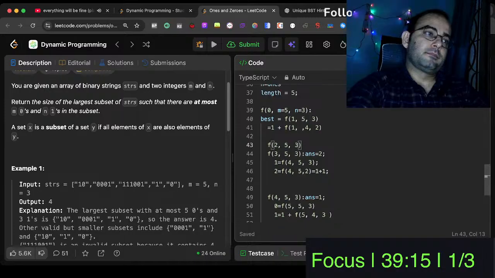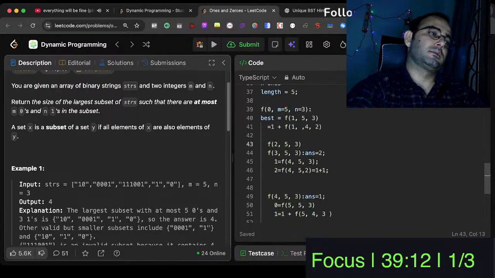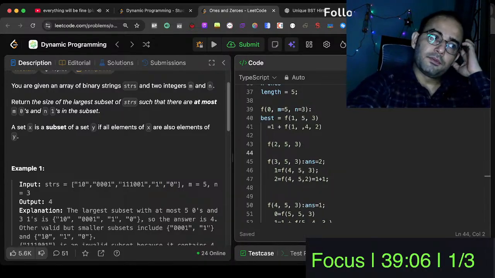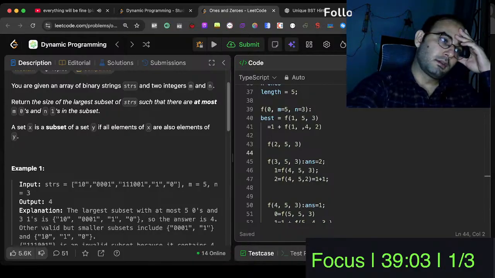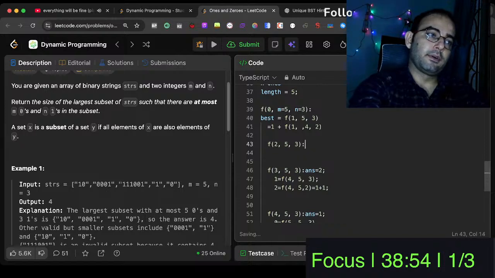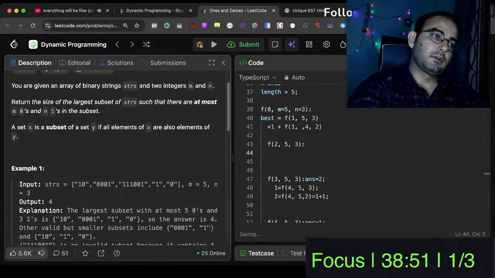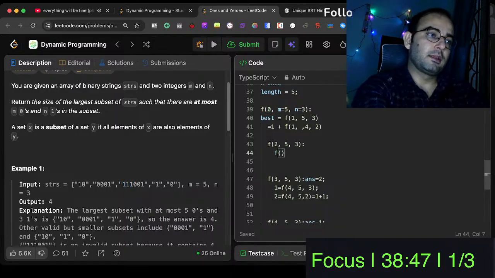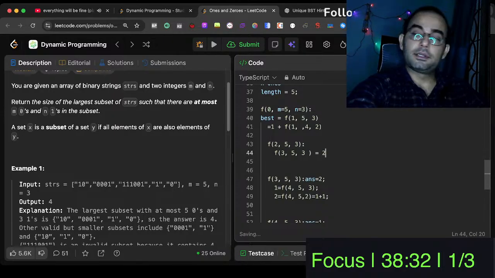So at index 2 we can follow the same approach. If I take this one, then I will fix. If I skip this one, then it will be f of 3, 5 and 3. The answer we got for this was 2. But if I take this one,